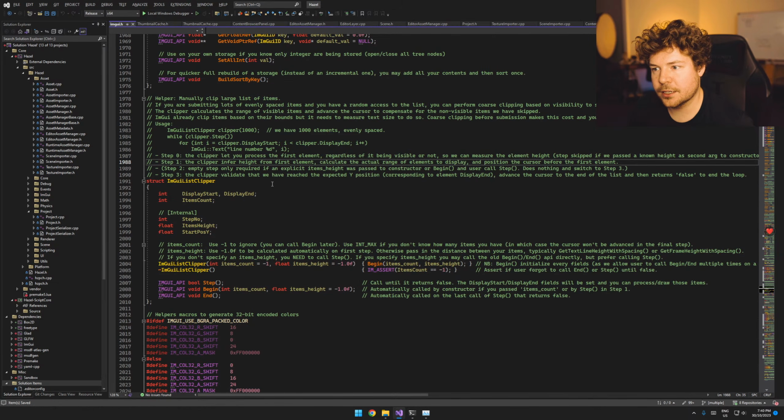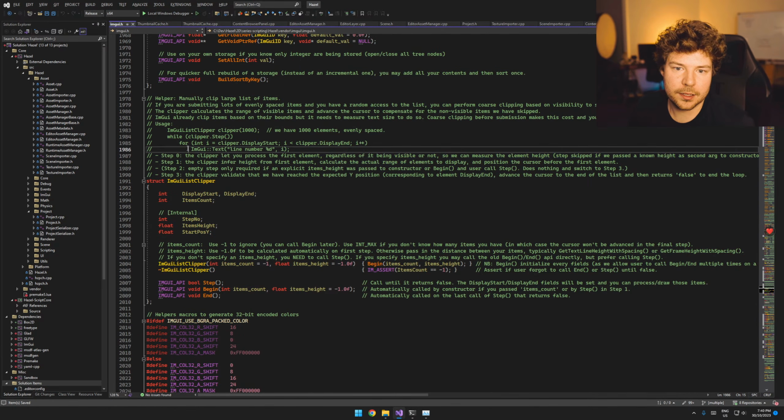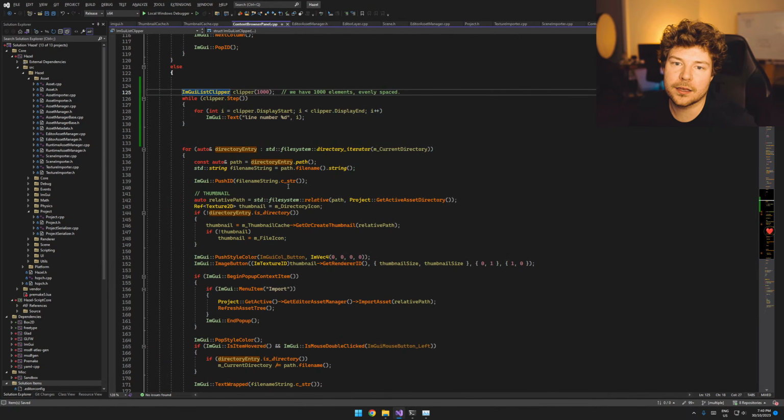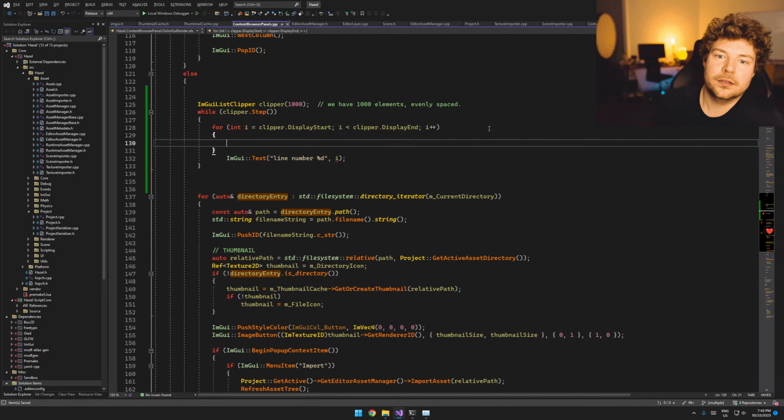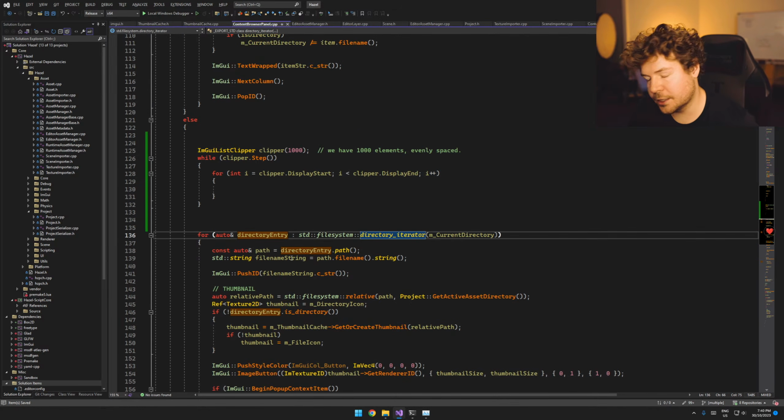Yeah, I've forgotten exactly how to use this. As in, this code doesn't seem to match what it's saying to do. Oh, no, it does. It's because clipper display start and end is, yeah. No, that's correct, yeah. This is actually correct. So,